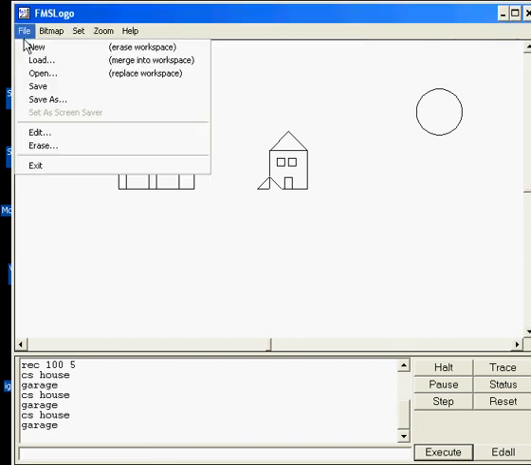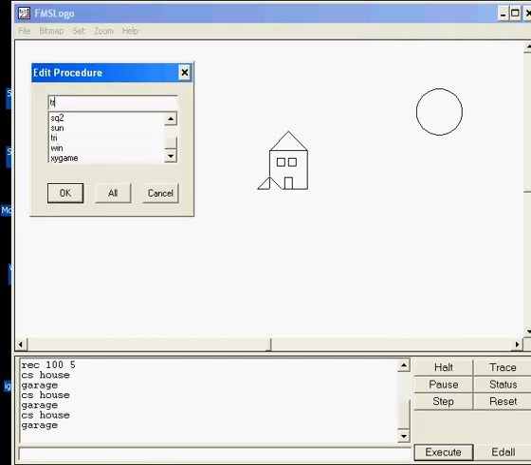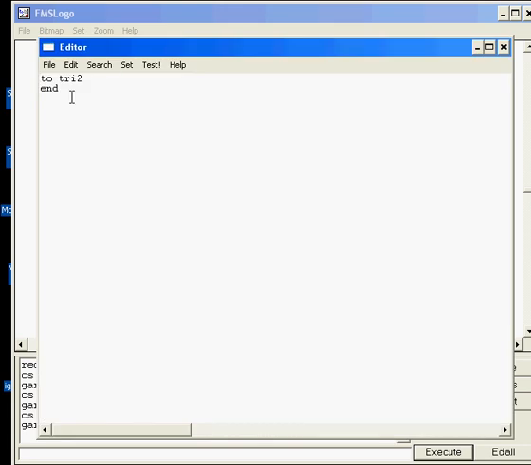At this time, I'd like you to click File Edit, and I would like you to build Try2, TRI with the number 2. Up top, you need to put :B and :L. I'm going to put Shift L so it's easier to see. And then in here, you just need to do right 90,